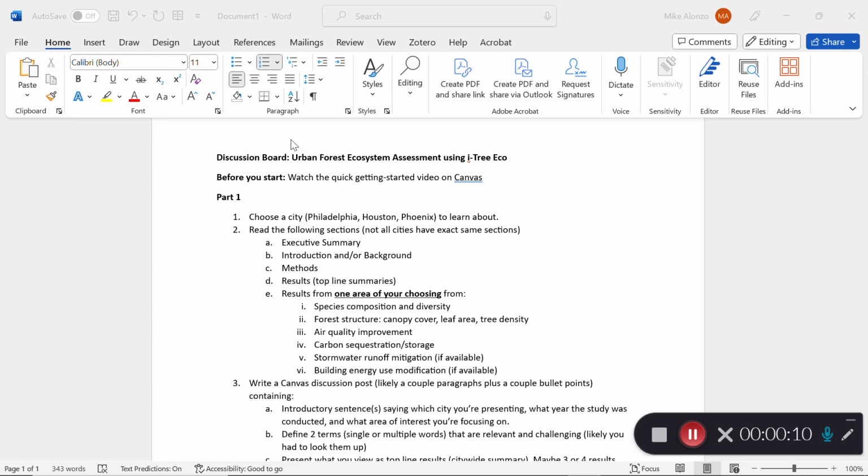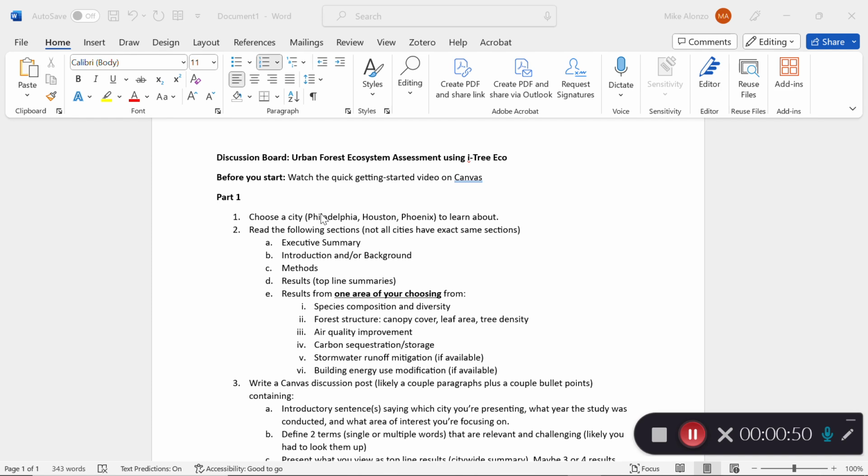This one is going to lead us into our next unit on urban forest ecosystem assessment using iTreeEco, which is something that we will do in the field in the coming weeks. And so for this assignment, you're going to look at some of the outputs of this analysis that we will detail later, where we'll compare how forests grow up in different cities around the country and some of the ecosystem services that they provide. So the very brief summary of iTreeEco is it's a program by the Forest Service where